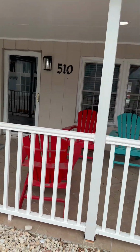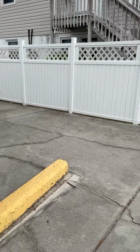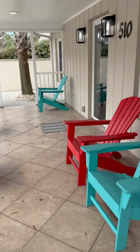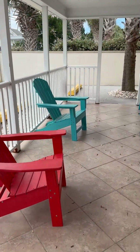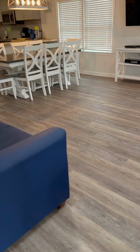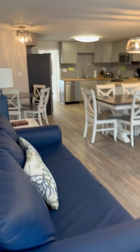And this is a 4-bedroom. It is on a rental. We are about 2 blocks from the beach. Got a nice little sitting area here. When we walk in, everything has been redone. The flooring, nice sitting area,